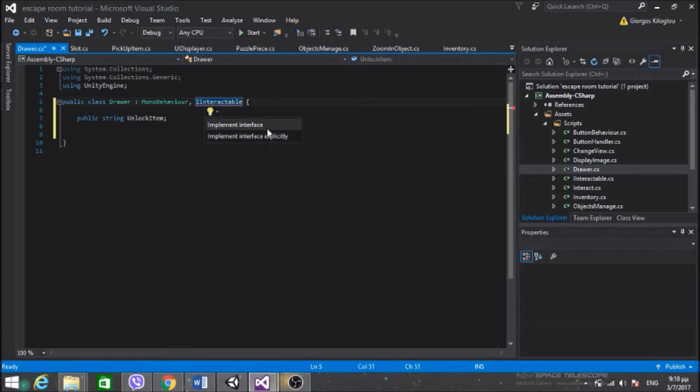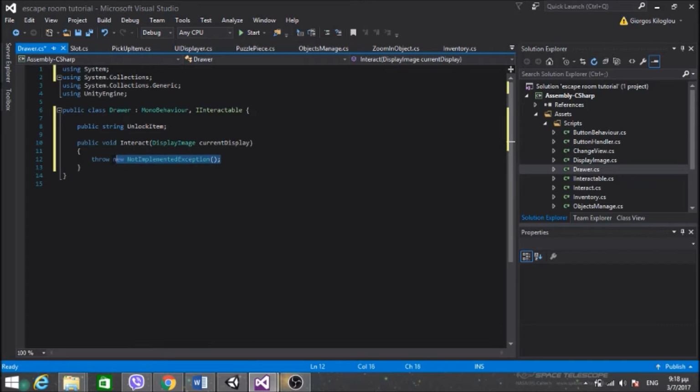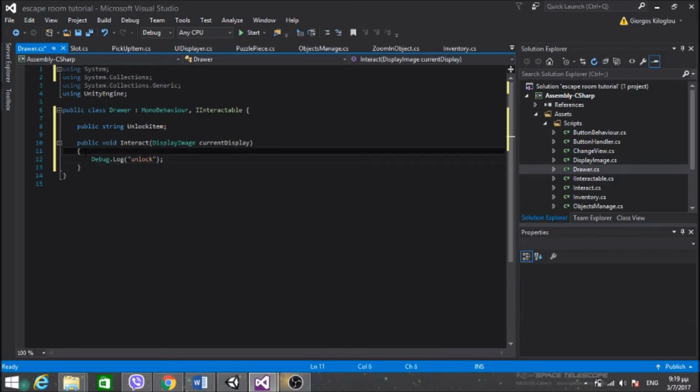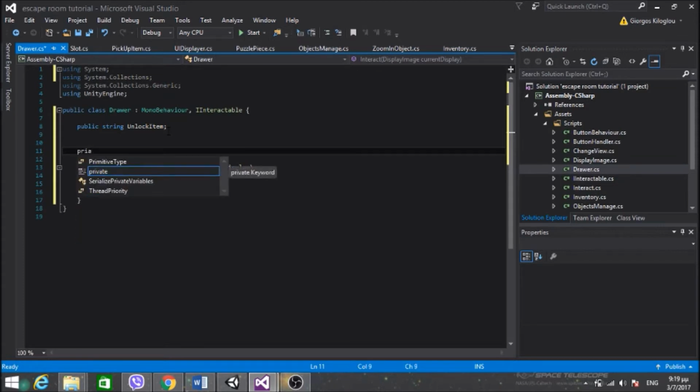With interaction I'm going to just throw a debug log and call unlock, but not unlock directly, we want the condition in order to unlock it, and this will be